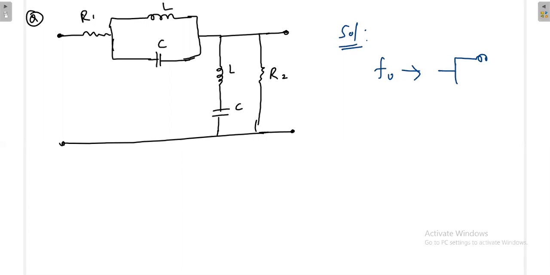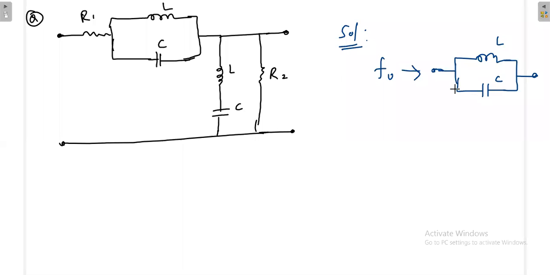Then what is the equivalent circuit for parallel LC? Anybody? When I am at resonant condition, how can I represent parallel LC with respect to impedance value? Is it short or open or some impedance? When I am at resonance,